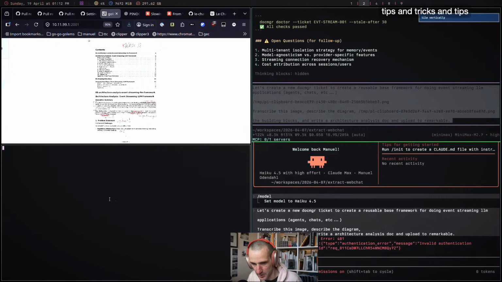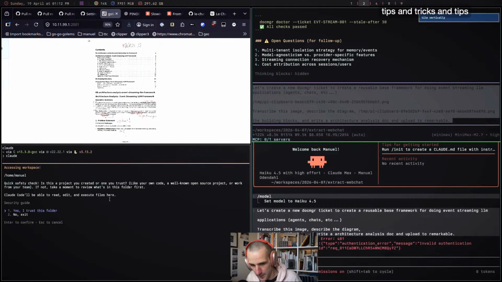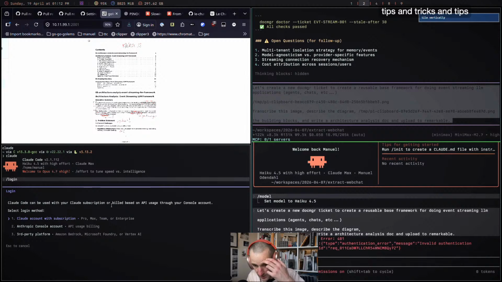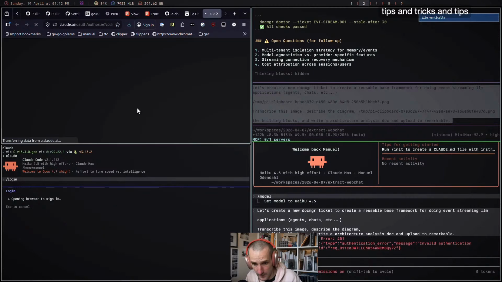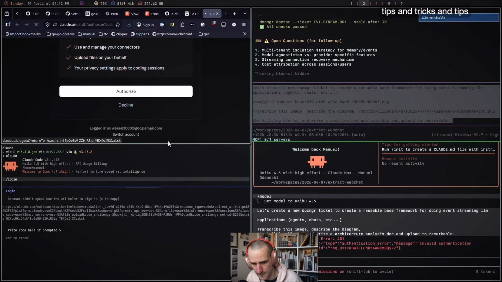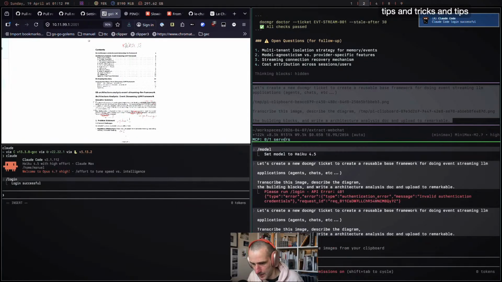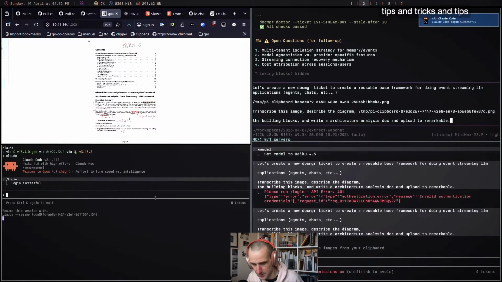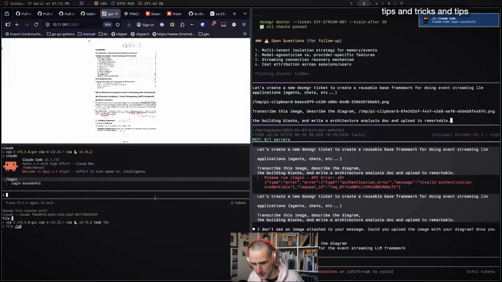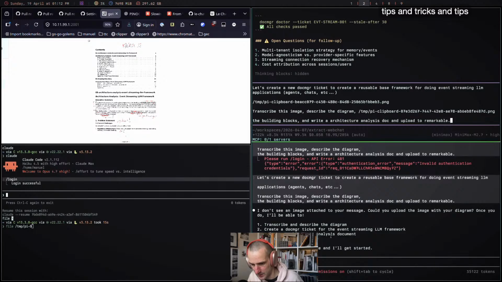Yeah, it's going to ask me to log in. I knew it. Let's do that real quick. And let me just see, is this image still there? File, temp, pi, clipboard. I don't see an image attached. Could you upload the image? Oh, it didn't even copy paste it.